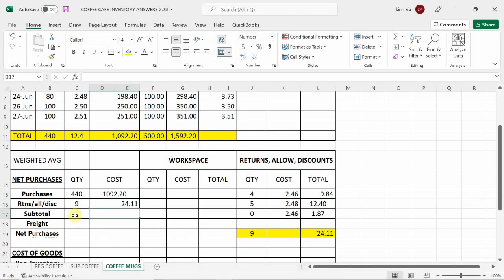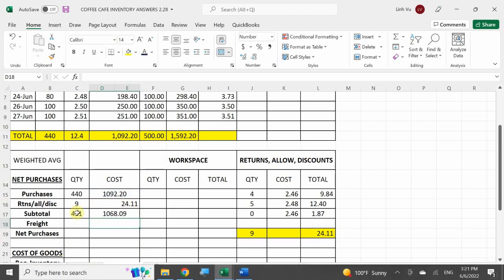So our subtotal here is 440 minus 9, which gives us 431, with 1,092.20 minus 24.11,